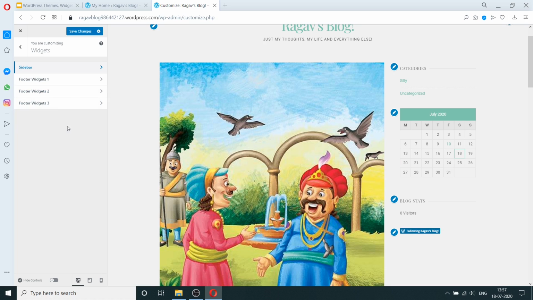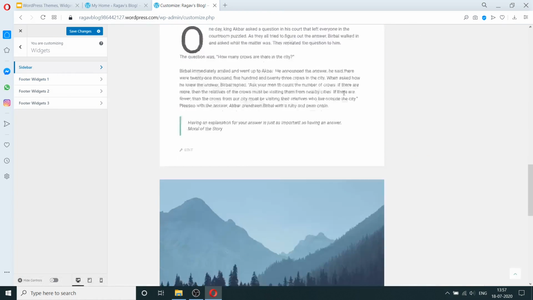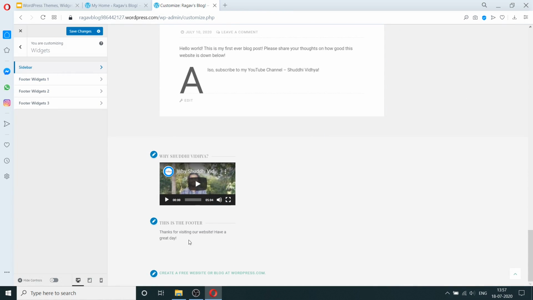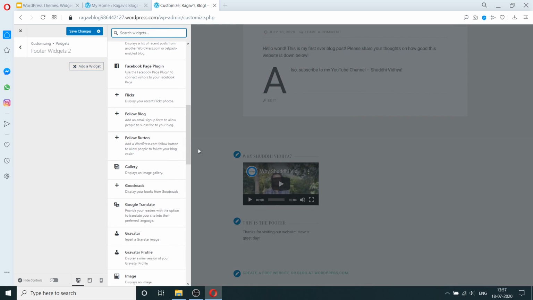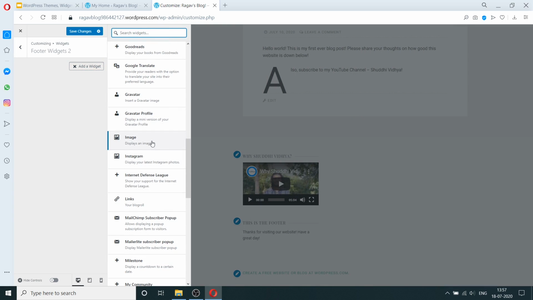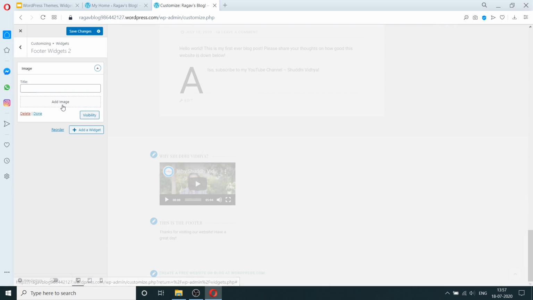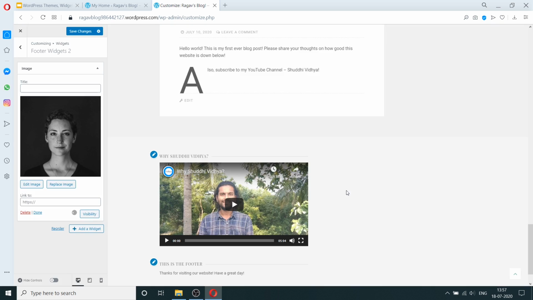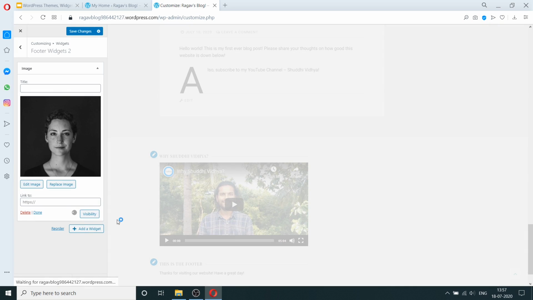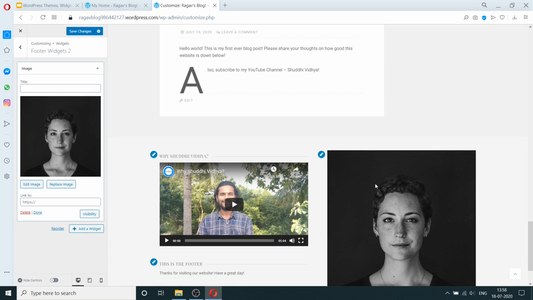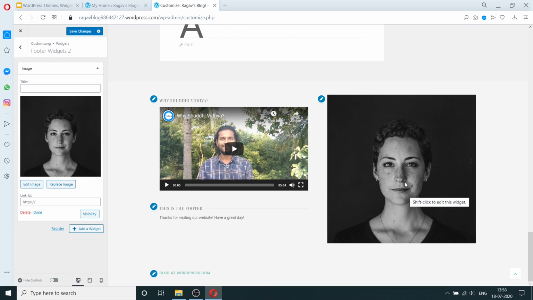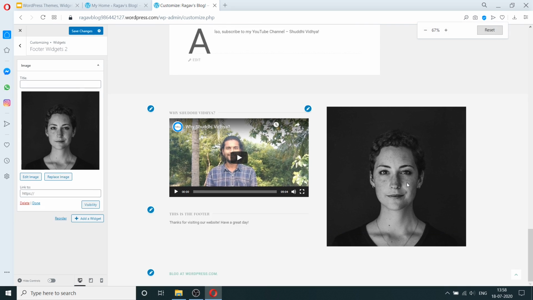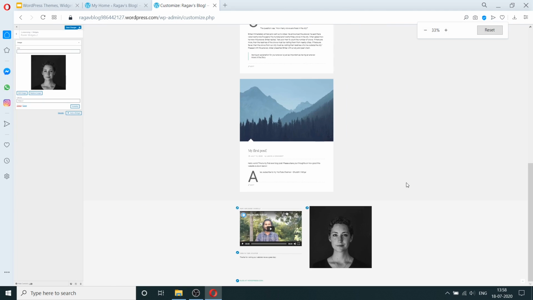Now let's go to the footer widgets. If you go to the footer section, we already used the first footer widgets 1. Now let's look at footer widgets 2. Here I'm going to click on image. We can add an image. I want to add this. You can see that the second widget has come here, and you can probably guess where the third widget is going to be.